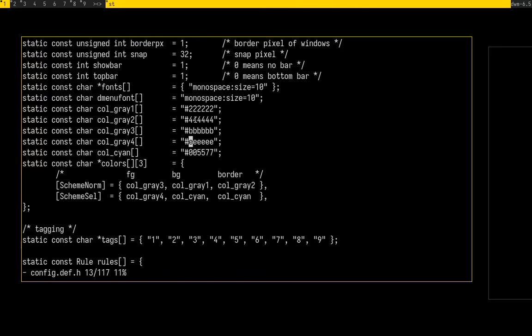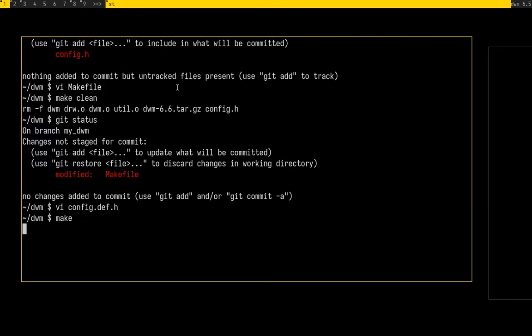The colors you can easily customize by simply changing the values right here. So I will adjust the colors from stock DWM, from this blue-grayish, to the ones I have here, this yellow. So I have, I think, this for the, oh no, this is for the gray. So let me change that. And for the text, I will use this. So if I now write this and now call make again,